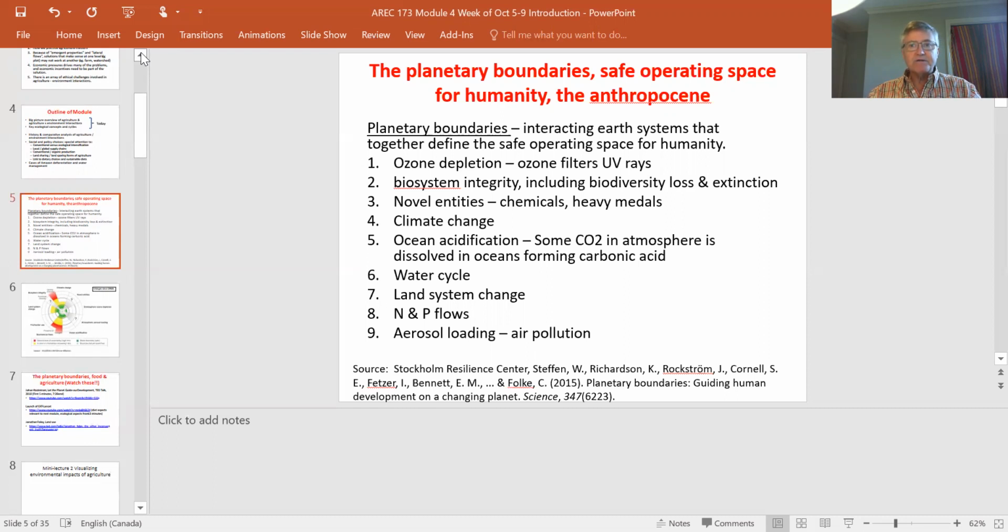So things like chemicals, which are either synthetic or we have made, and we're using these chemicals that are now bioaccumulating in different places, as well as heavy metals, like cadmium and mercury, which are now showing up in new places and maybe getting into our food systems. The fourth one is a big one on climate change, which we'll get into extensively.